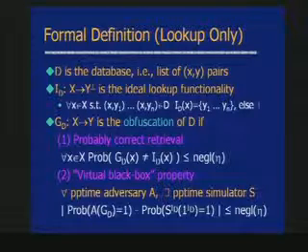And then I say that something is an obfuscation of the database if it satisfies three properties. Okay, there are only two on this slide. I'll tell you the third a little bit later. So the first one is probably correct retrieval. That is, with overwhelming probability, if you give it x, what it returns is exactly the same as a lookup function would